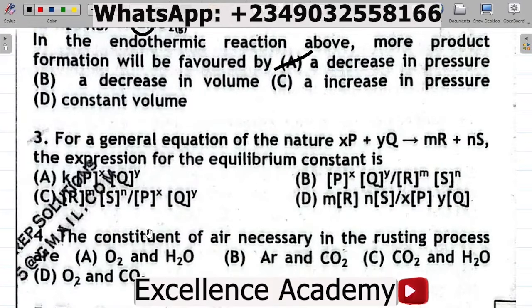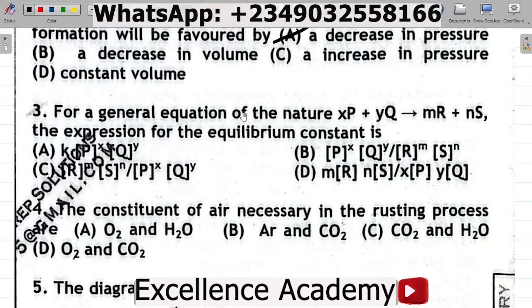Let's look at question 3. Question 3 says, for a general equation of the nature x moles of P plus y moles of Q to give you product, m moles of R plus n moles of S, the expression for the equilibrium constant is